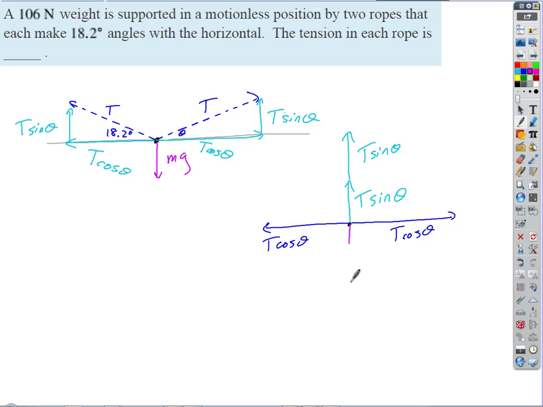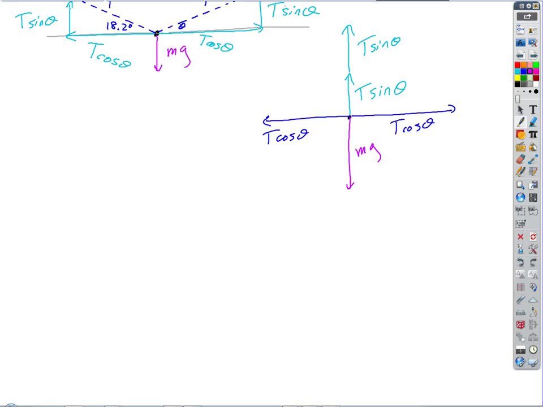And then down here, there's our mg, which we know is 106 newtons, the weight of this thing. So what's the important equation of motion that we're going to get out of this? This one doesn't really help us much. The net horizontal force is just T cosine theta minus T cosine theta equals 0. That doesn't help. But what about vertically? 2T sine theta. Good. So we get 2T sine theta in the positive direction minus mg equals